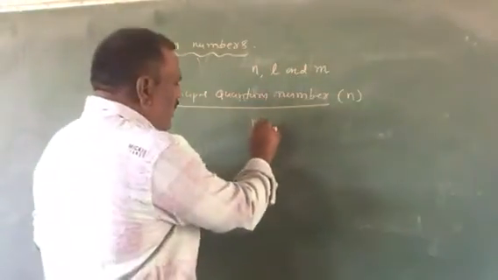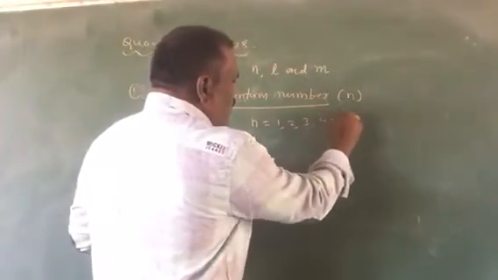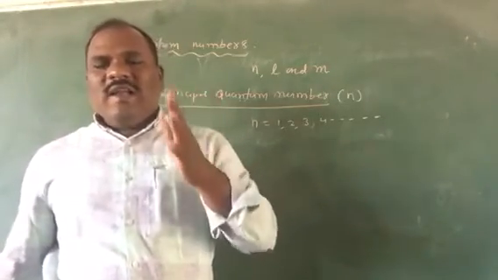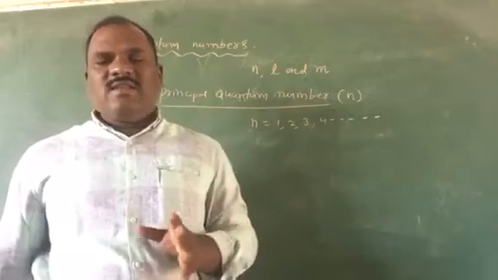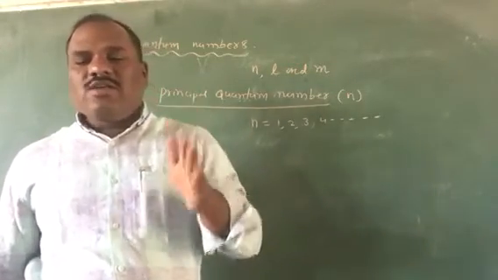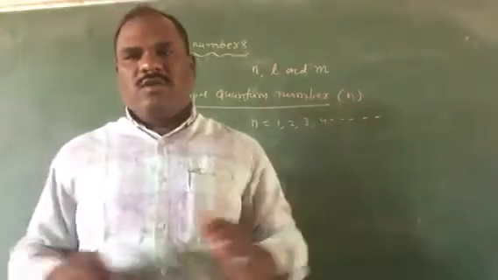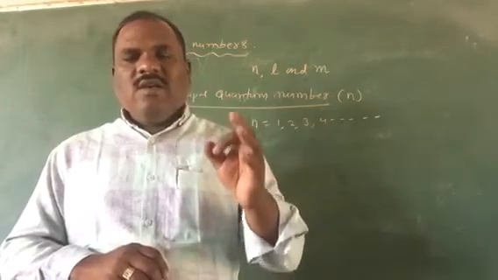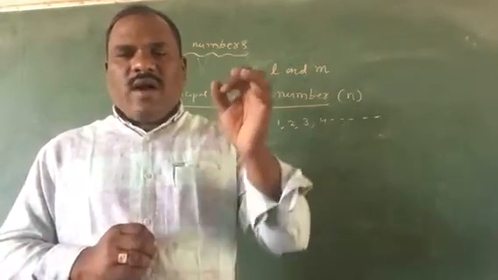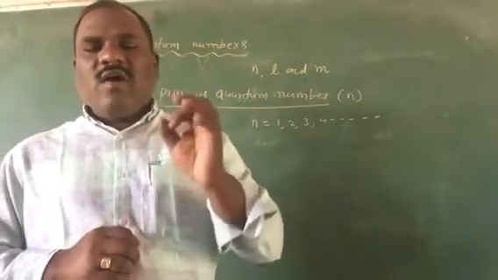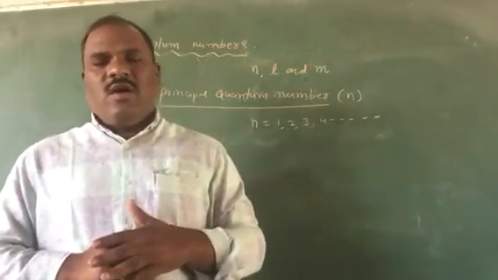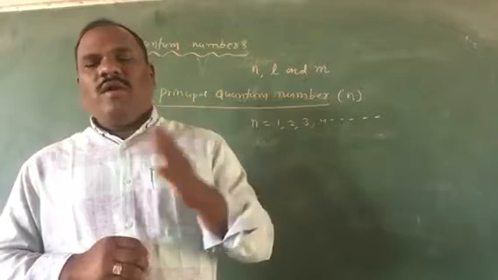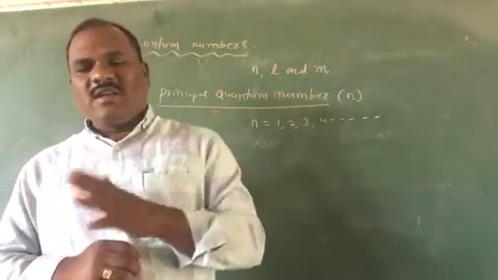Therefore, n can take 1, 2, 3, 4, etc. As n increases, the shells become larger and the electrons in those shells are farther from the nucleus. An increase in n also means higher energy. The values n equal to 1, 2, 3, etc. are often represented by the letters K, L, M, etc.